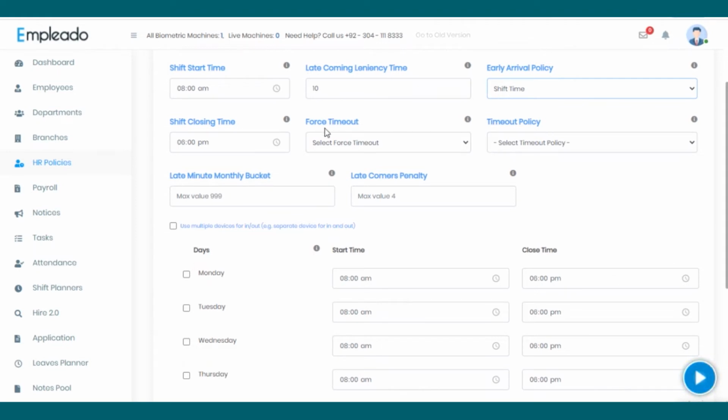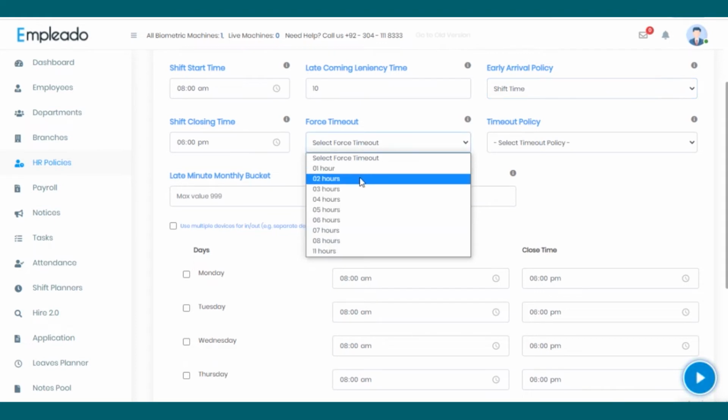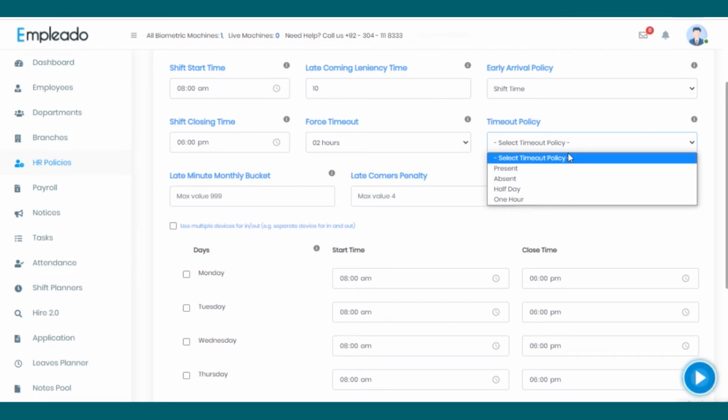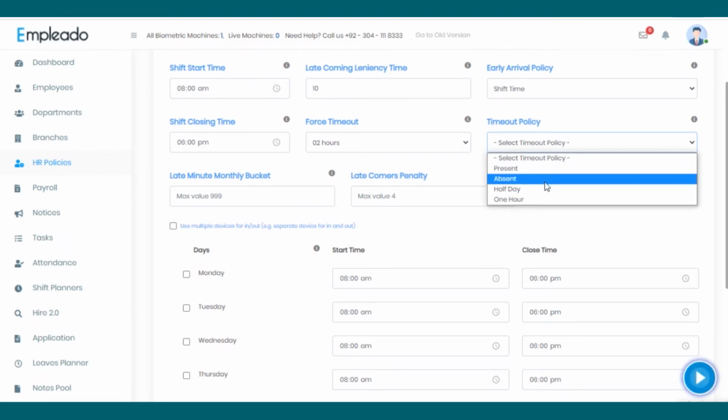Then we have forced timeout and timeout policy. Suppose an employee forgets marking his out time after his shift is over. The system can then automatically mark his present after a defined set of hours. Timeout policy is when an employee forgets marking, will that automatic mark be counted as present, absent, half day or